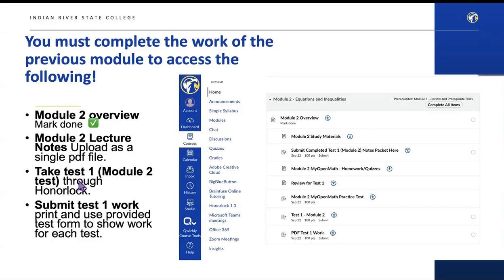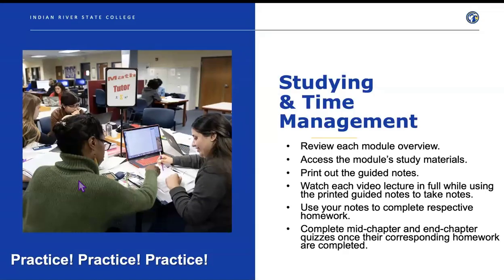Next, I want to talk about study time and management. You're going to click on your study material to first review each module overview, and then you're going to access the module's study material, where you're going to print out the study guide,